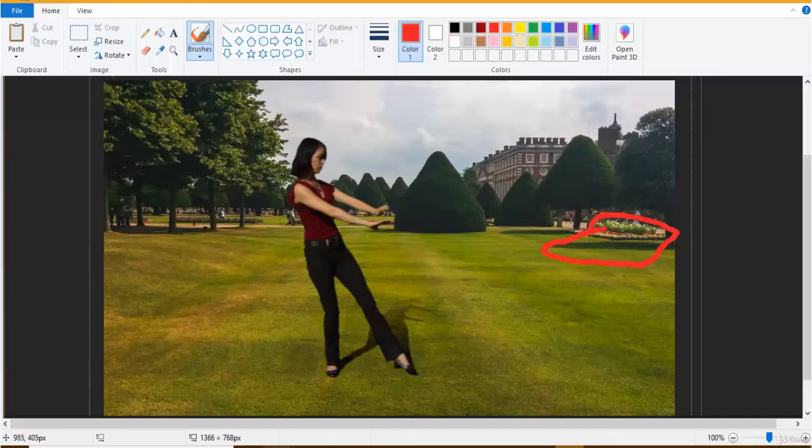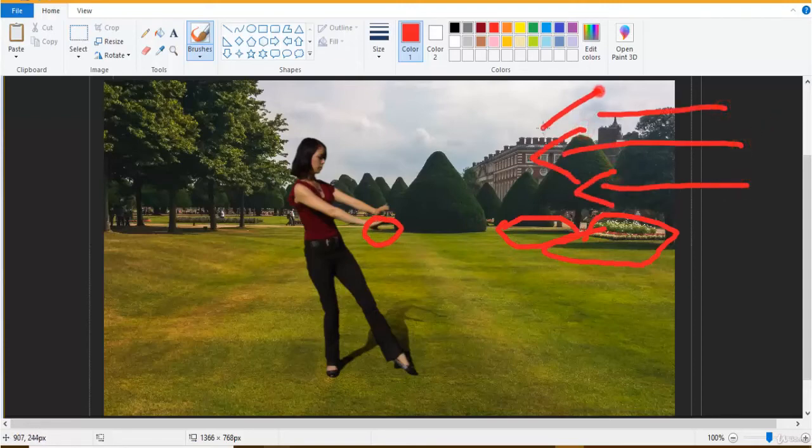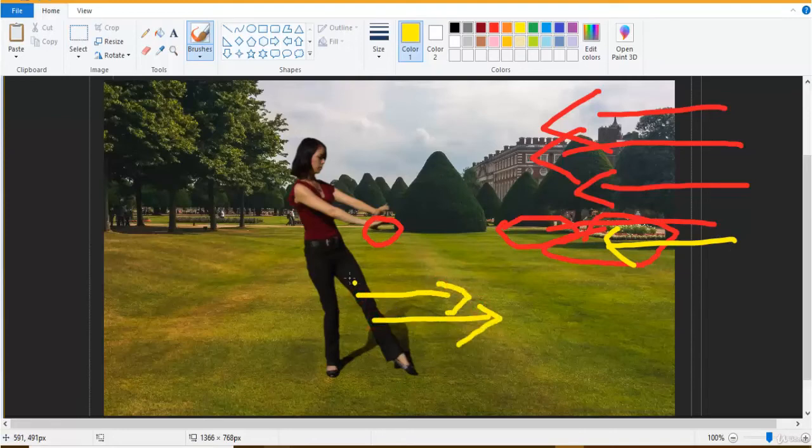this shadow of the tree plus this shadow of the tree plus this shadow of the tree are placed over here, and the shadow emitting is in this direction, which means from your right to left. But over here, if you see this, the character's shadow is emitting in the reverse direction. So this is actually not correct.